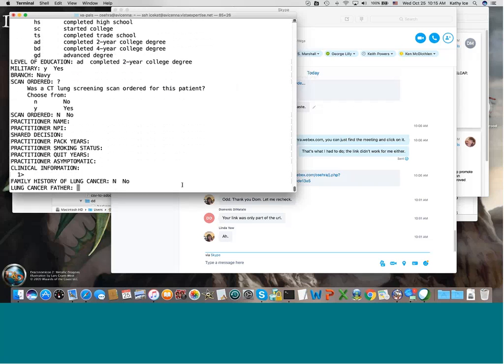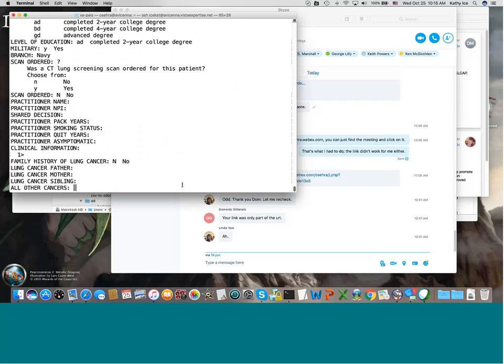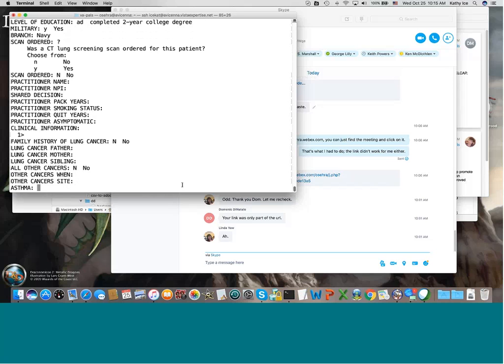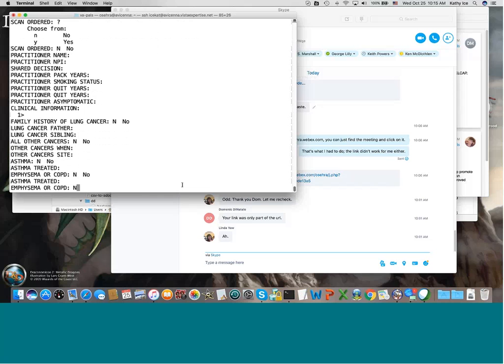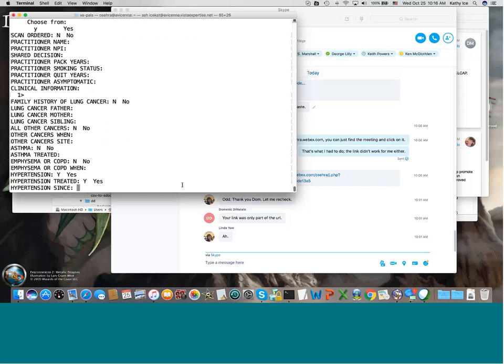And then this is another one. If I say that there isn't a family history of lung cancer, these ought to be grayed out. But since I'm just in FileMan, it's just going to ask me. And we'll say,